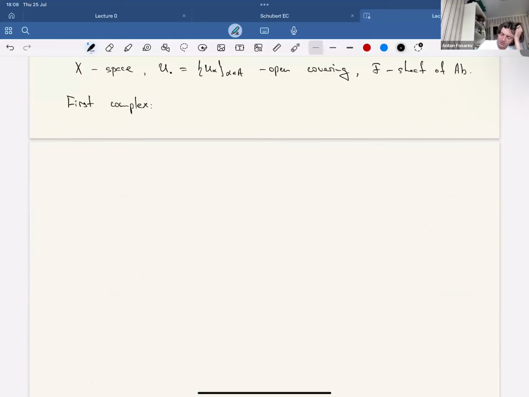So C^i(U, F) will be the product over all α_0, etc., α_i of F of U_{α_0} intersected with U_{α_1}, intersected with etc., intersected with U_{α_i}. And the differential